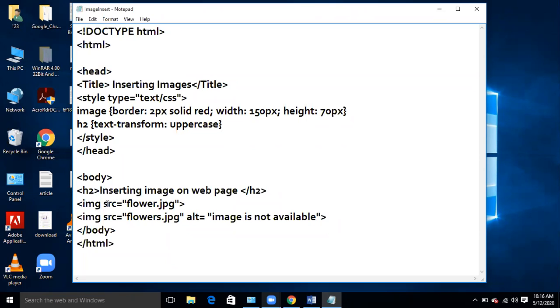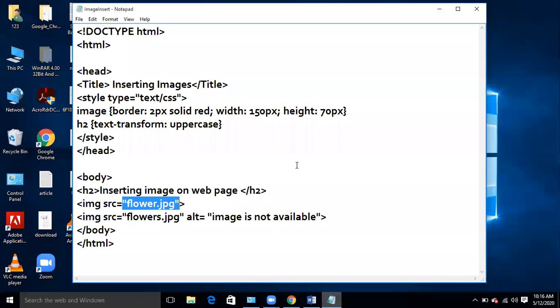Image source. Now this is the new thing that we are mentioning. Whenever we will include any image, we will mention this tag, image source, and the file name with the extension. It will be mentioned in the double quotes. Keep in mind that it will be mentioned in the double quotes. This program is also given in your book, page number 61, from where I have taken this program.